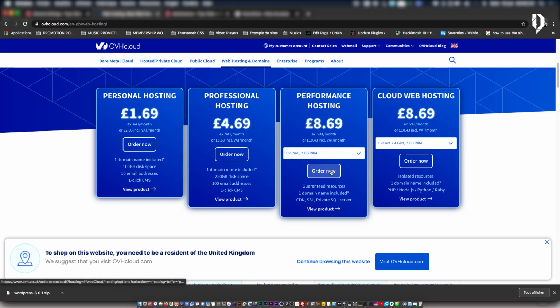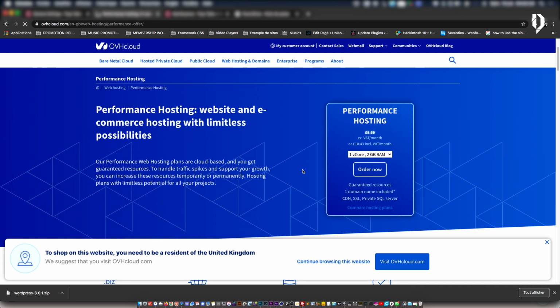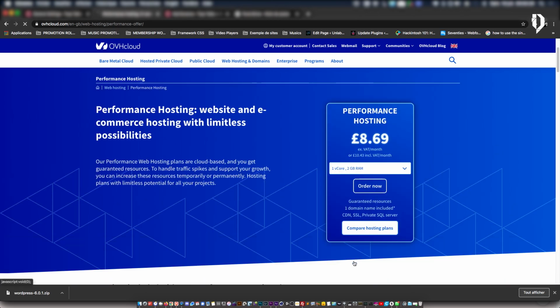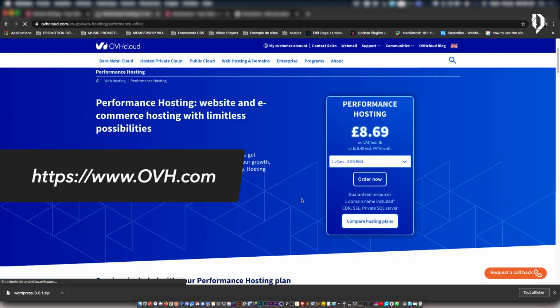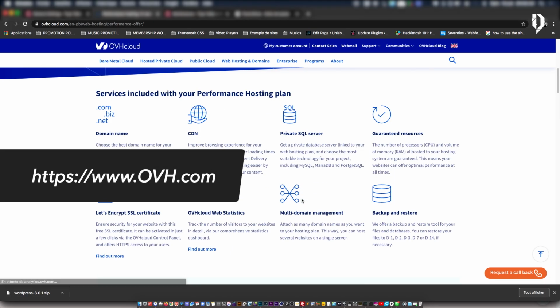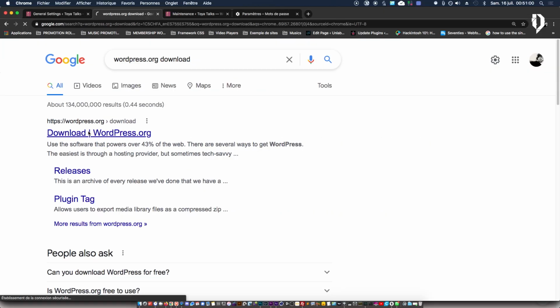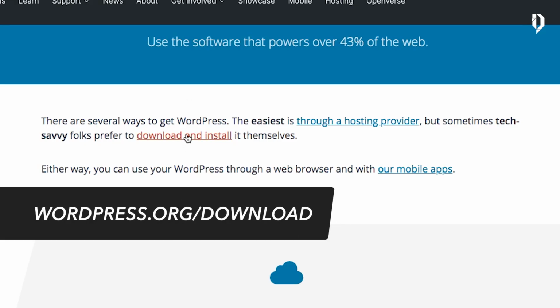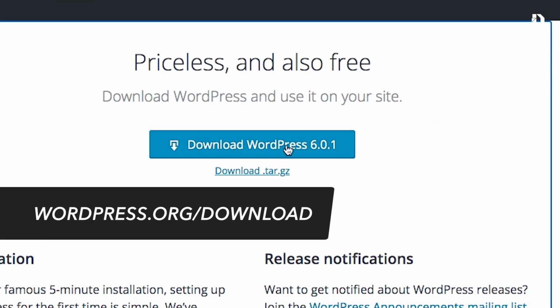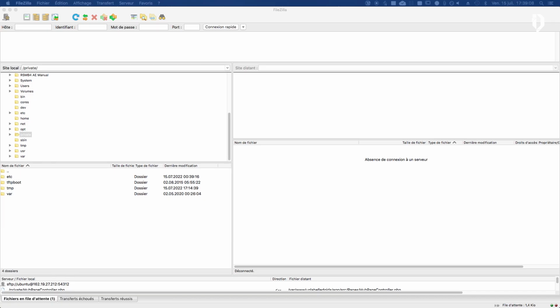I assume that you know how to create an account on the OVH and that you already bought a Performance 1 server. So you can find everything on ovh.com or .fr or .es, whatever the extension that you use for your country is. You can also download WordPress on the official website. You will have to download it, unzip it. So first things first, let's add the subdomain